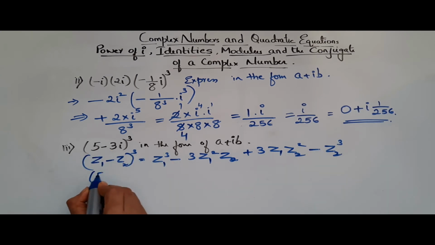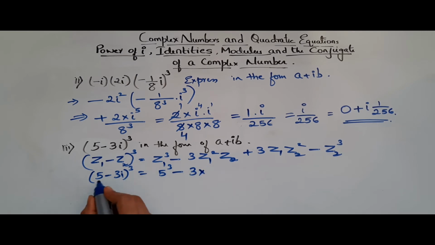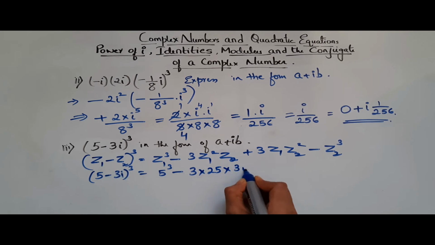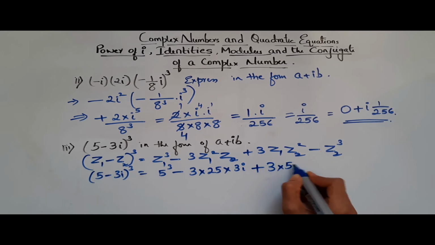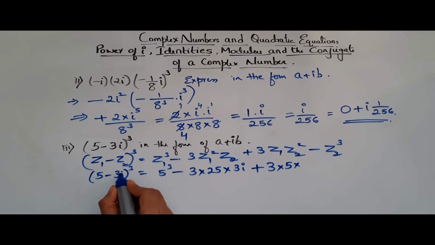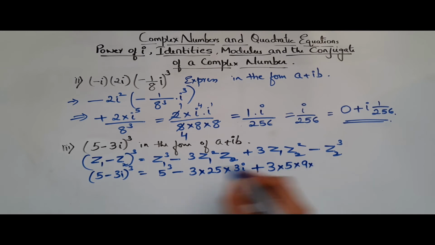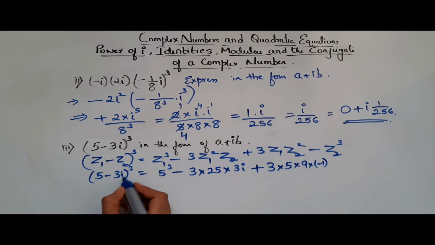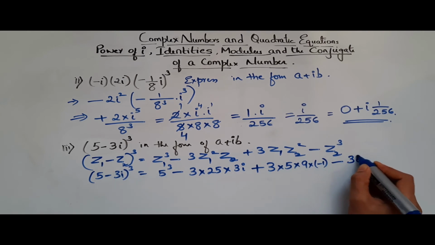So let's simply put this formula in (5 - 3i)³. z1 here is 5, so 5³ minus 3 into z1 squared, 5 squared is 25, into z2 which is 3i, so 3 into i, plus 3 into z1, which is 5, into z2 squared, z2 is 3i, so (3i)², 3 3s are 9, 9 into i squared, and i squared is minus 1. You have to take i along with this. So minus z2 cubed, z2 is 3i the whole cube,